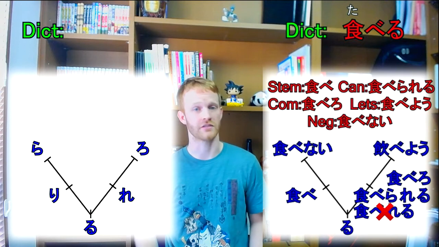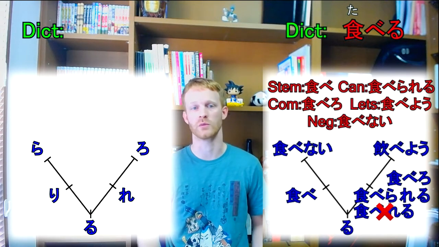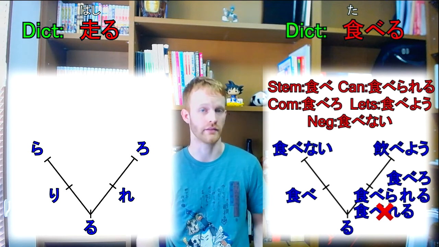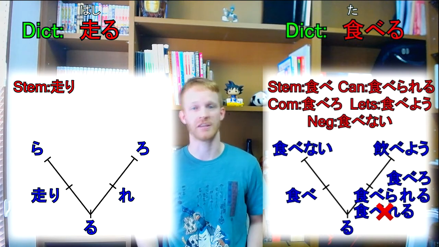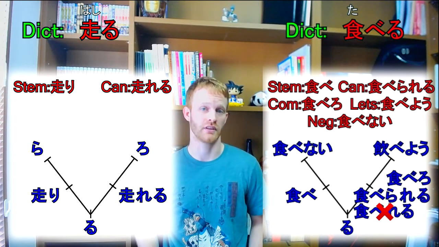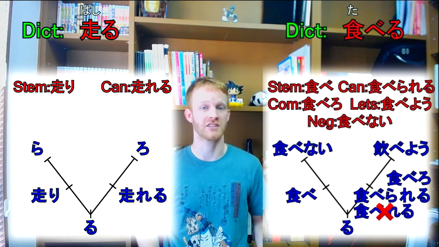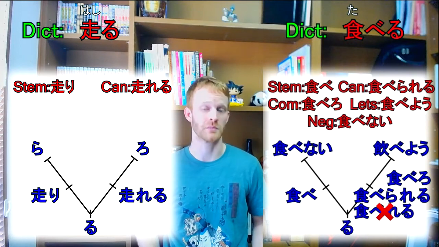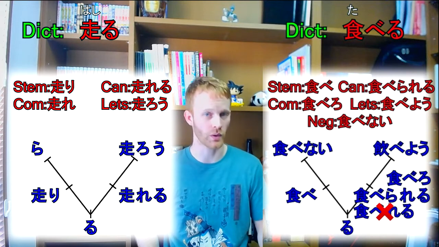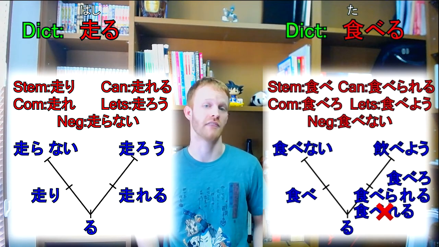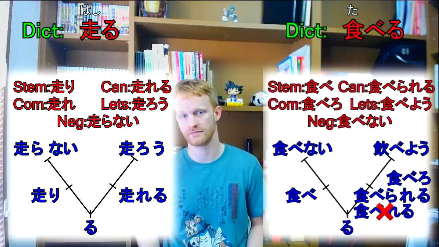Backing up to the last of the u verbs, we would do the same as the others in group 1. This time our example will be hashiru, meaning to run. So let's go down our list. Hashiru, hashirimasu, hashireru, and now that we know the polite form, hashiremasu, command form, hashire, hashiro, hashirimashou, hashiranai, and finally, hashirimasen.